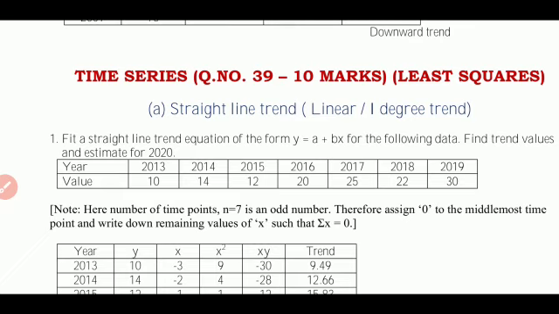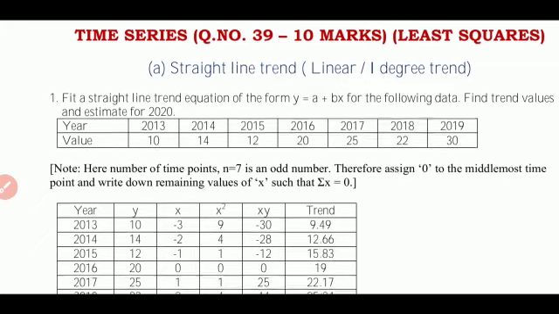Now see, the 10-mark question starts from question number 37, 38 and 39. Already you have a 10-mark question on vital statistics. You have a 10-mark question on index numbers. So if you are perfect in vital and index, then no need to solve a question on 10 marks, because solving an example on vital statistics and index number is much easier compared to solving an example on time series, because it involves too much calculation and it is time consuming. So smart choosing of questions is very much important. This is my suggestion. The choice is yours, of course, children.